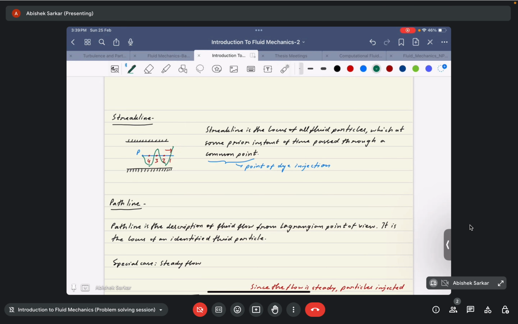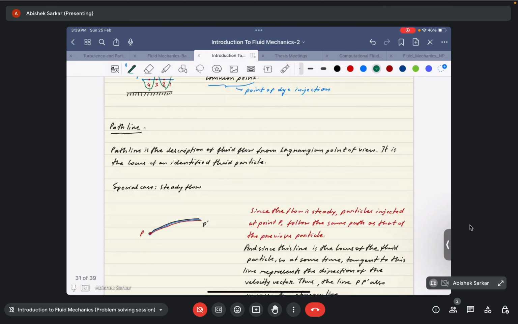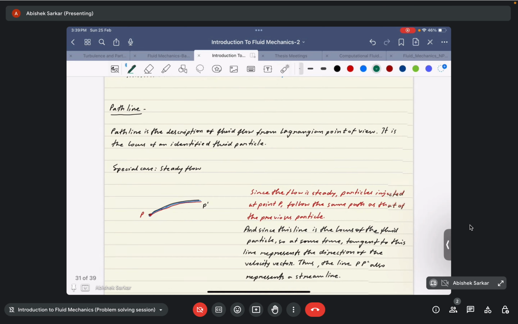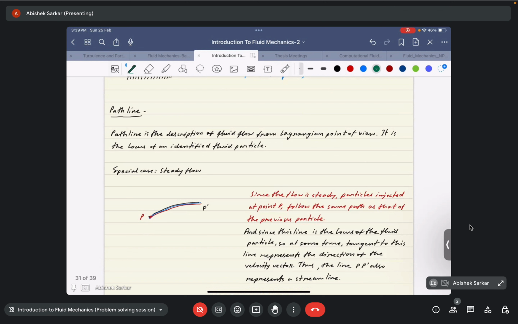Okay, and finally, path line. The path line is the simplest one of them all. The path line is basically the Lagrangian description of the fluid flow. So how? We know that from a Lagrangian point of view, all the flow parameters would be a function of time and their initial position. So for a particular fluid particle, say the x velocity would be given by,